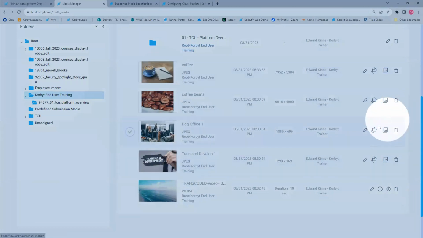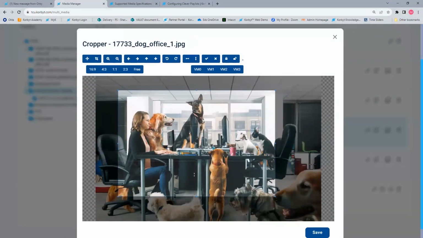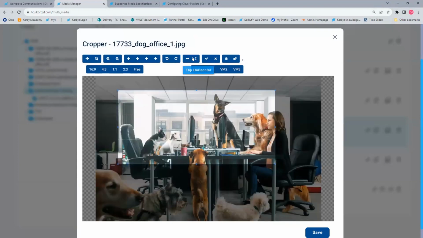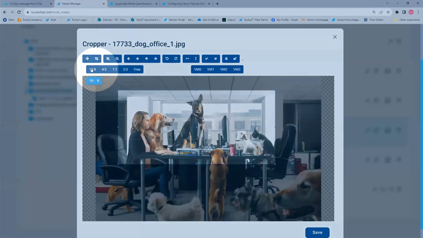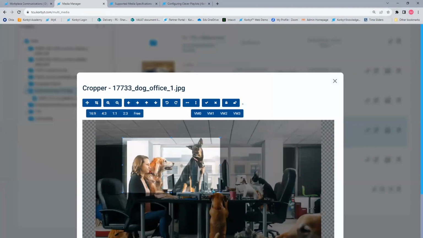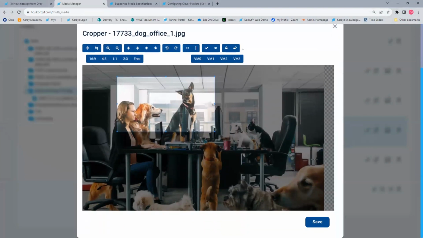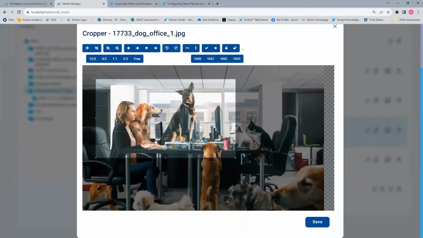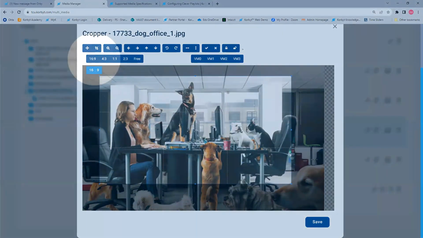With images, there's some other things you can do with items. You can use the crop or rotate or simple edit tool. So you can select part of the image. You can do things like flipping the photo. You can even give it an aspect ratio to lock the selection tool down to. So for example, if I want to crop down this image to be 16 by 9, so it would be full screen on a regular TV, because it is not a 16 by 9 image, I can tell it to lock my selection to 16 by 9.